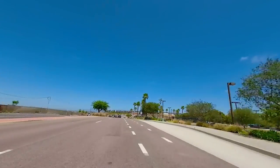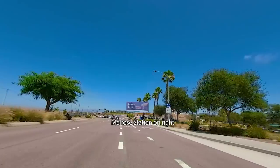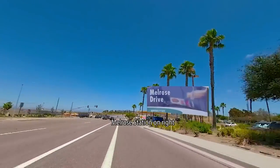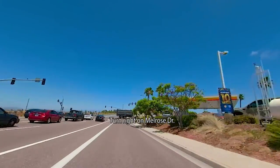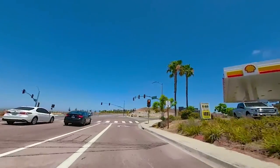We are now approaching the Melrose station. The gas station is your landmark. Do not use the 318 bus stop to board passengers, or else you will have passengers stumbling down a slope through the landscape. Continue straight to Melrose Drive, make a right turn,